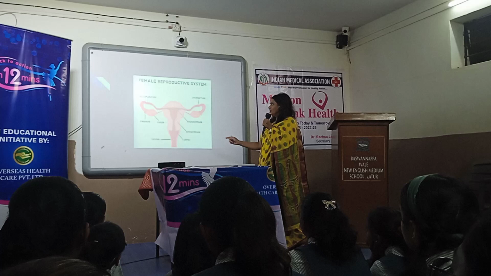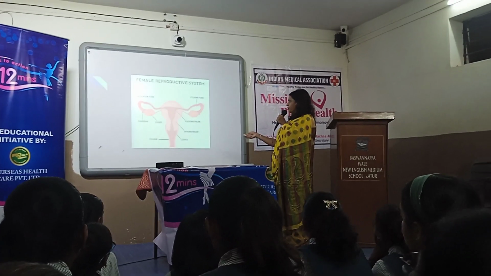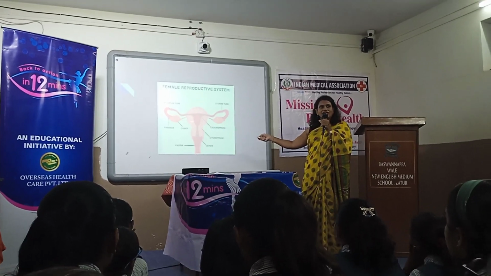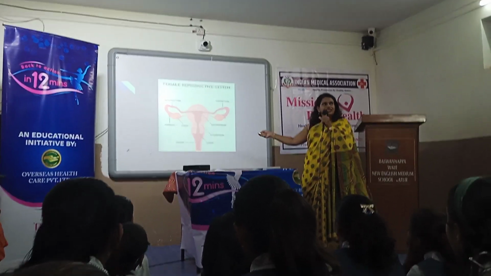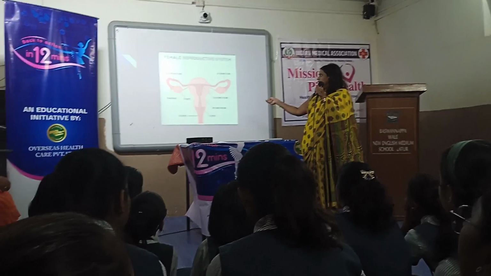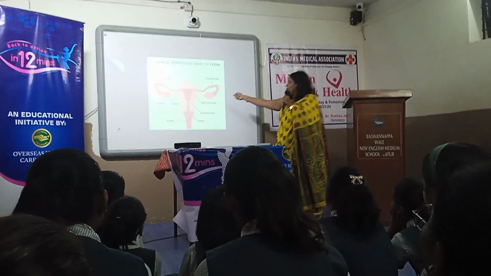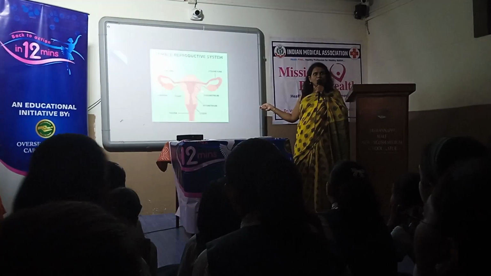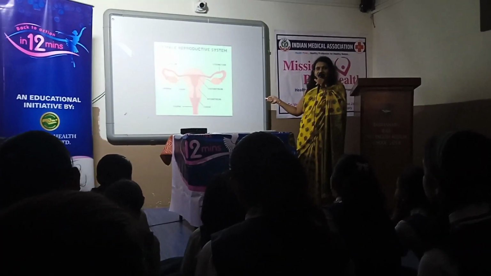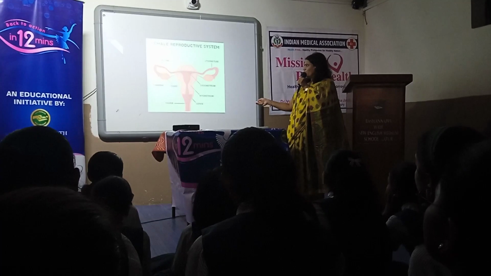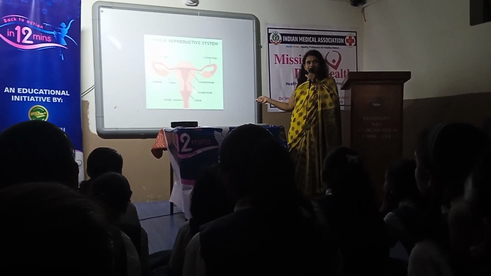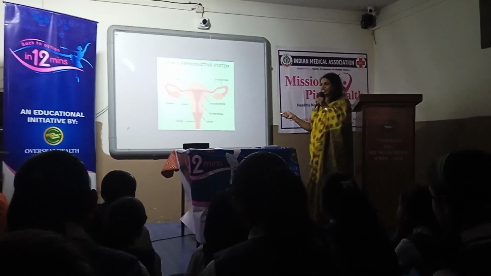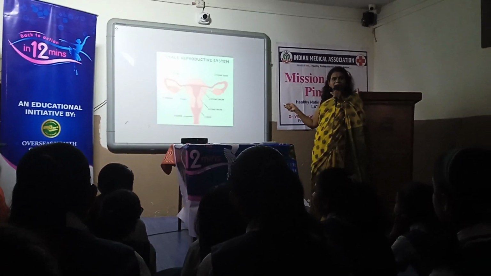First, this is the normal anatomy of the female reproductive tract. What are these two structures you can see on both sides? Ovaries. These are two ovaries attached on both sides. The tube-like structures you can see are the fallopian tubes, and in the center is the uterus. Here you can see a muscular ring, that is the cervix, and below that is the vagina. We will see all these parts in brief.